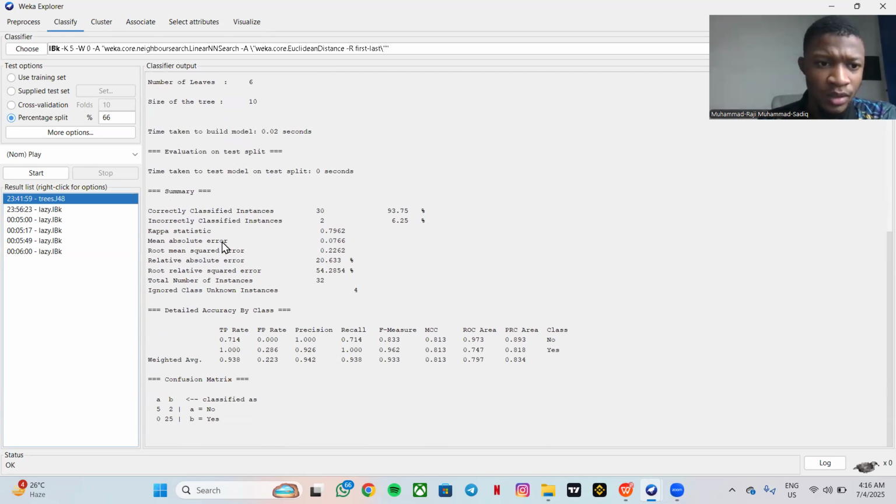So we have the mean squared error, the root mean squared error, the relative absolute error, and we can see that it is actually accurate with an accuracy of 93.75% and inaccuracy of 6.25%. So the next